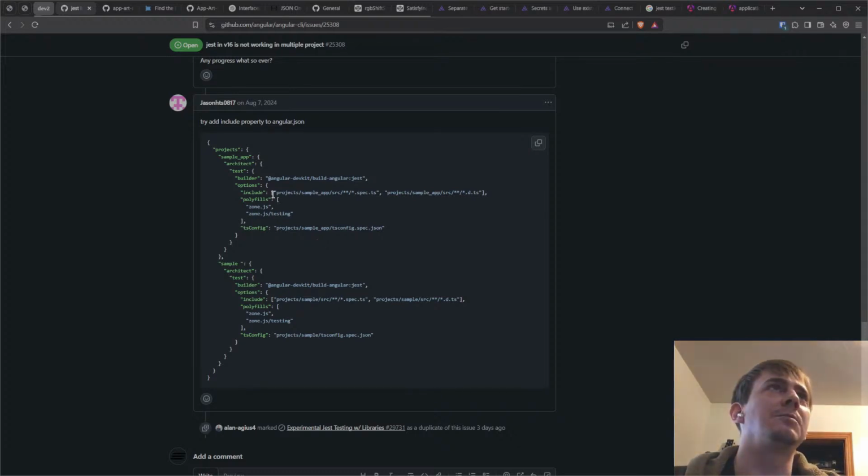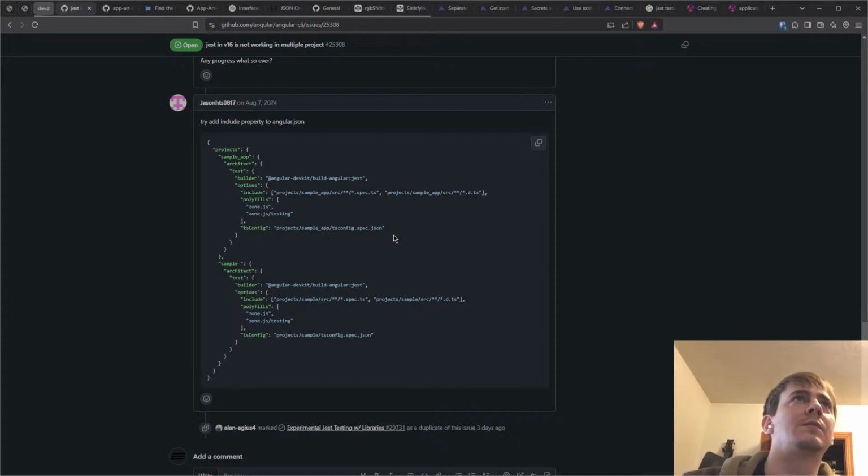Excuse me for saying this shouldn't be necessary, isn't it in the TS config? Kind of annoying, but